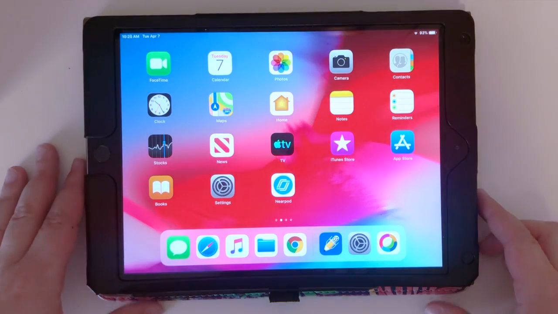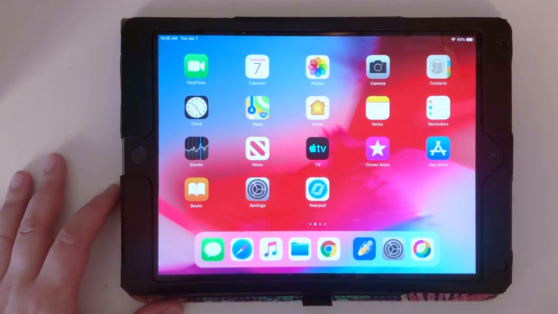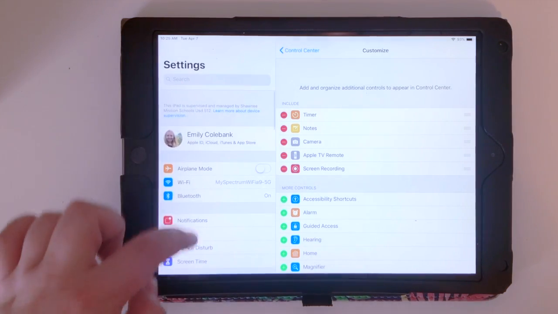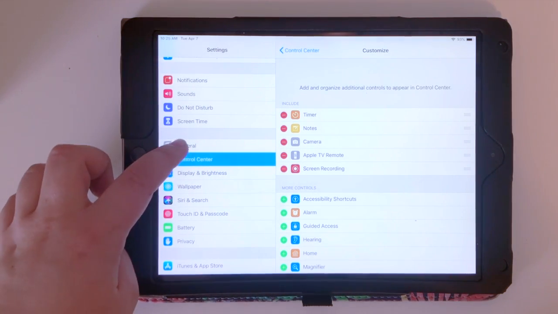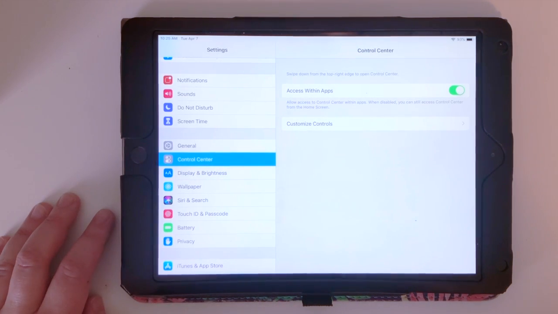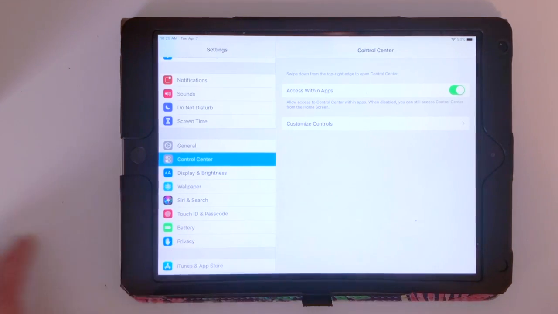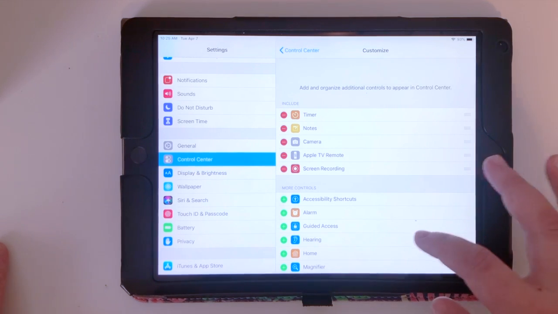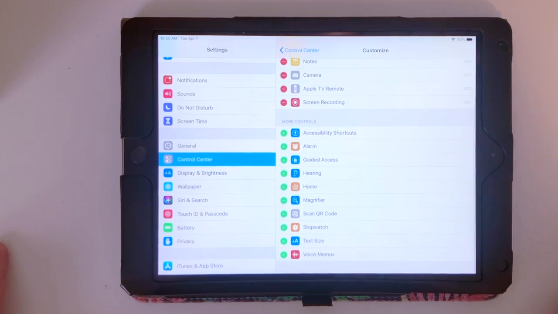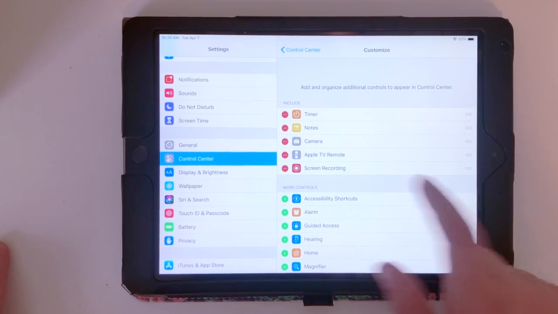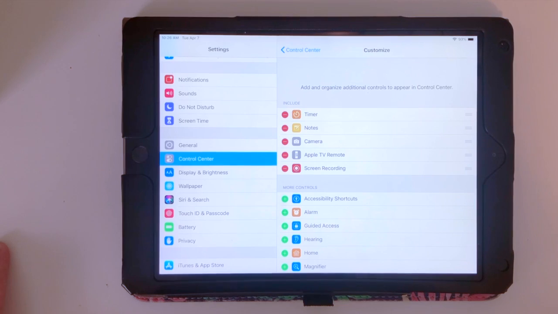So from the home screen of your iPad, you want to go to Settings, and then you're going to have to scroll down along the left side until you can get to the Control Center. So you have like General, Display and Brightness, Control Center. In the Control Center, that is where you can customize your controls, and you have to turn on screen recording as an option. So if you look at all of these different controls that you can turn on, you want to make sure that screen recording is at the top,